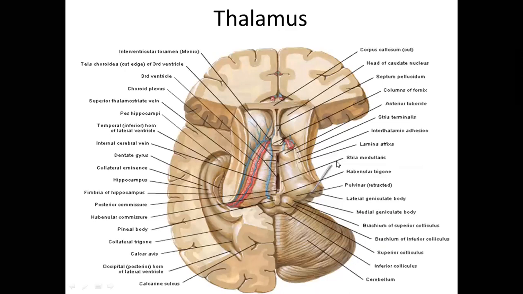Thalamus is a large nucleus. All of our body sensations, whether general sensation or special sensation, have to pass directly through the thalamus. Only olfaction is the sensation which does not pass directly. It passes indirectly through the thalamus. Otherwise, your hearing, your vision, hot, cold, pain, touch, all sensations pass through thalamus. So all the information is gathered in the thalamus. These are integrated in the thalamus. These are interpreted in the thalamus. These are regulated in the thalamus. So thalamus is a very, very important nucleus.